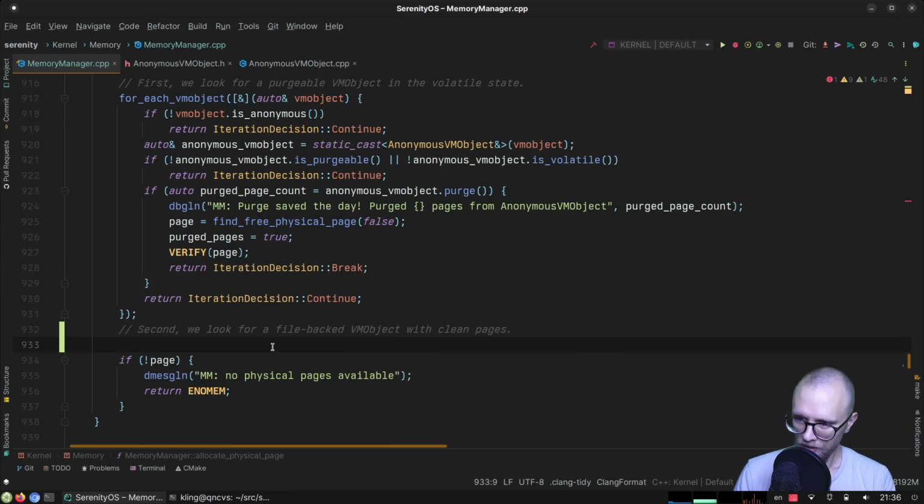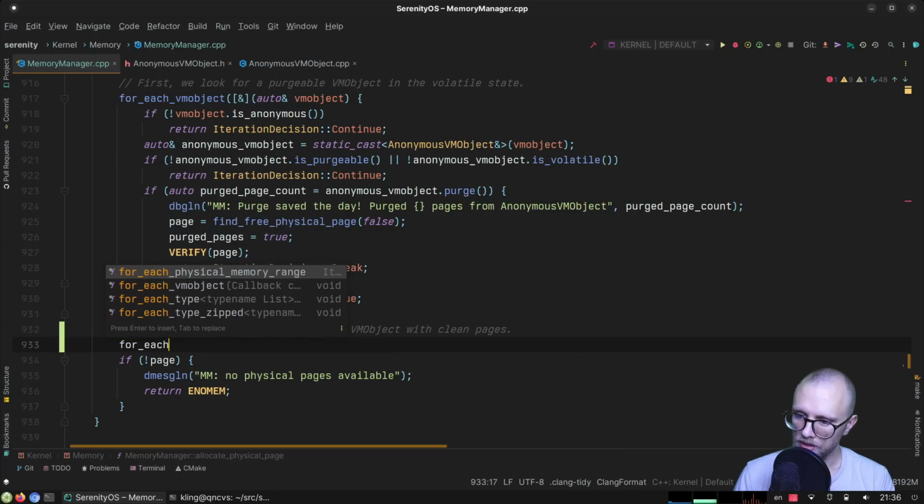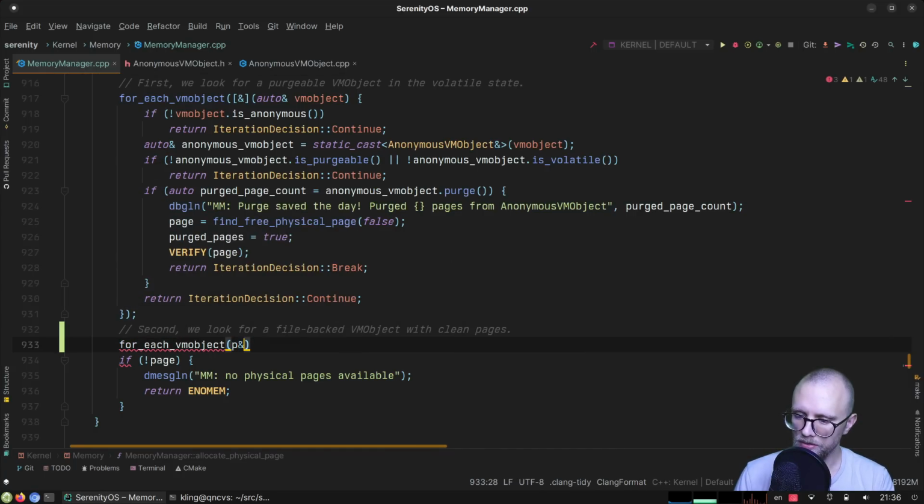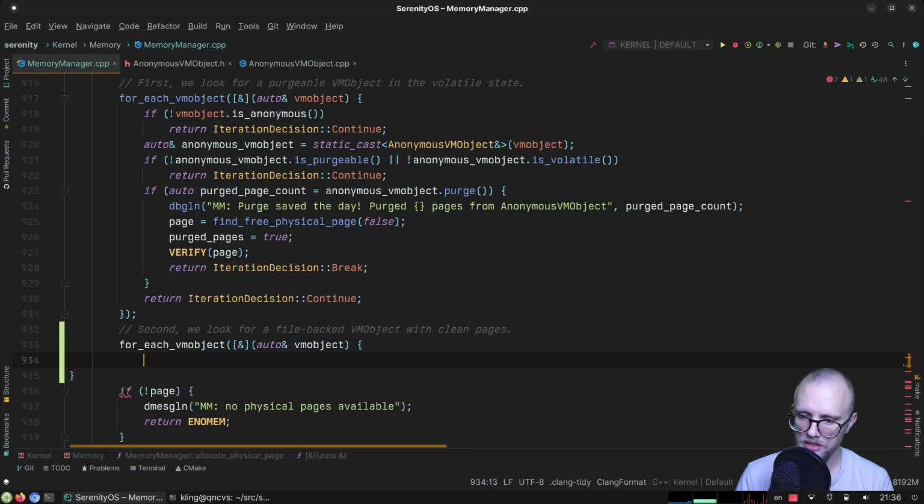So we should do those eventually, but at the moment, let's focus on just finding out if we have some clean pages. So clean means that they are, for our intents and purposes, identical to whatever's on disk. So let's see. I guess we could do this in a single loop over, but maybe it's a bit more expressive to do it in a